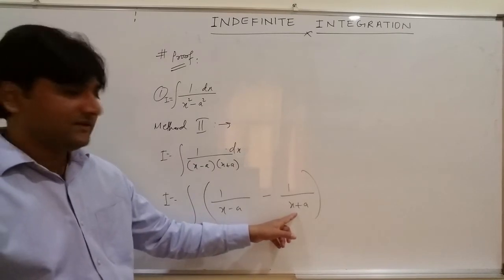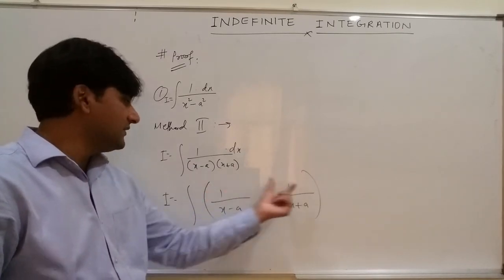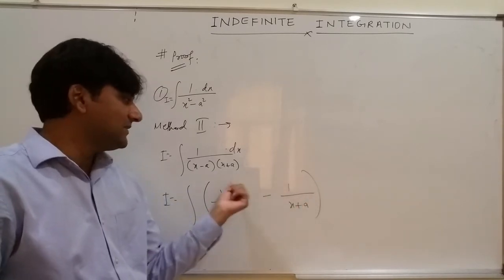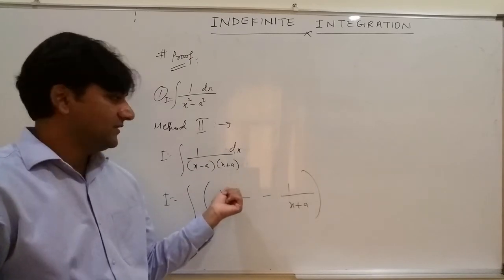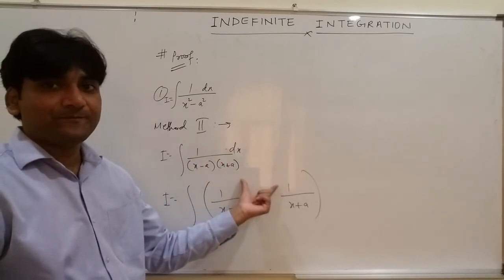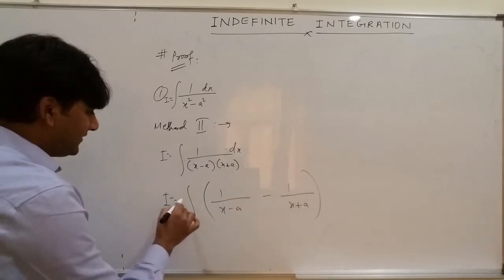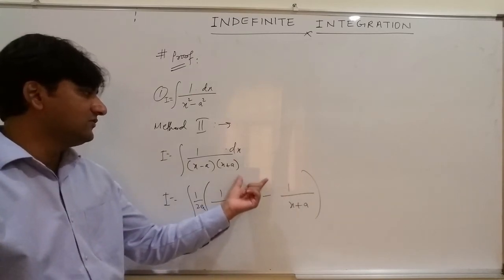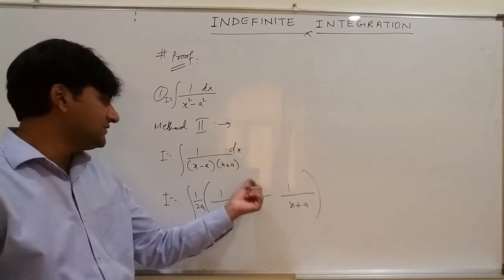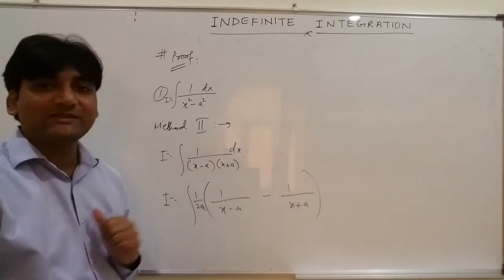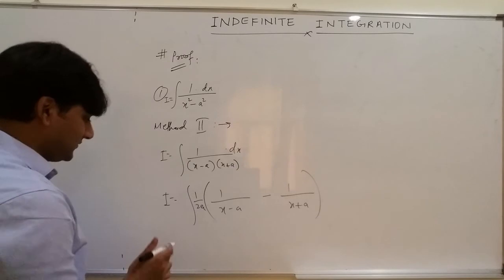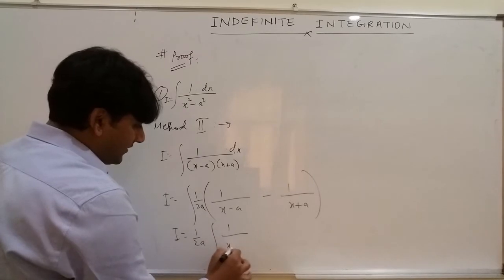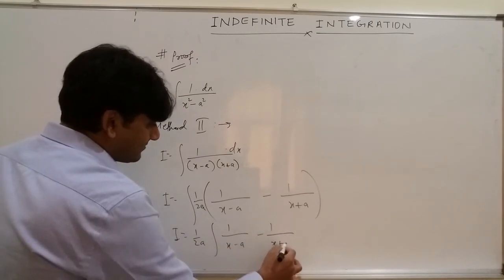If I put minus sign, then here x plus a will come, and here x minus a will come. Because of this minus, it will be minus x plus a. So minus x plus x cancel, a plus a, 2a will be there. But again this is 1, but this is 2a. But 2a is constant. So I can write 1 over 2a over here also. So now if you solve, then you will get 2a upon x minus a times x plus a. This 2a will be cancelled by this 2a, and overall this will be same. Okay. So I equals 1 over 2a, and this is 1 over x minus a minus 1 over x plus a